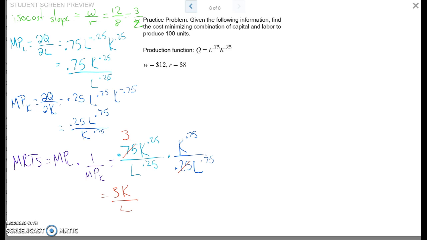Okay, here you go. Marginal product of labor was here. Then I flipped the marginal product of capital to multiply. 0.25 goes into 0.75 3 times, and you get that the marginal rate of technical substitution is 3K over L. Okay, now we want to set the production function equal to 100 and